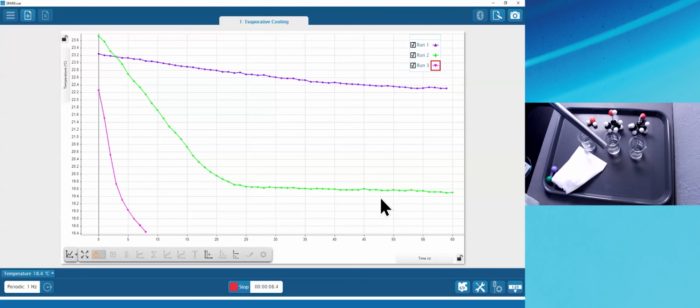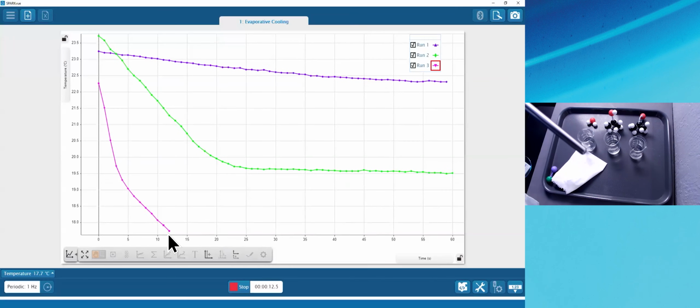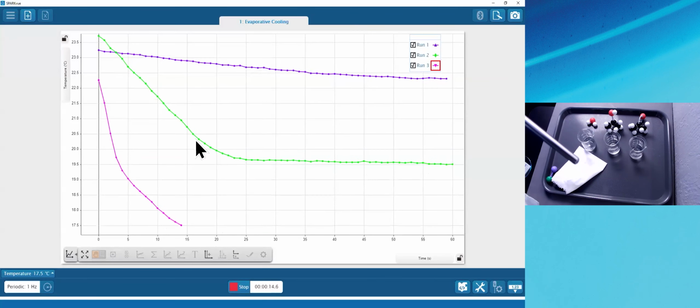And you can hardly see liquid on the end of the sensor. The way this goes, sometimes the data looks completely different, but it's consistent in that acetone is going to give you the sharpest decrease. Sometimes it's really dry and it evaporates very quickly, and it's already all evaporated. You can tell, look, the temperature's actually going up now. If you look at the tip of the probe, there is no liquid left at all. There's nothing left on the probe tip to keep the temperature down, so the temperature's going up,